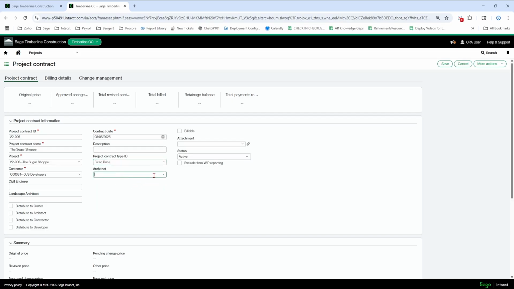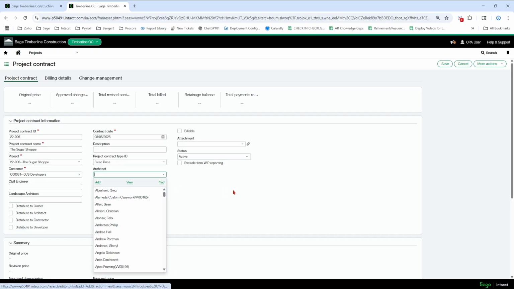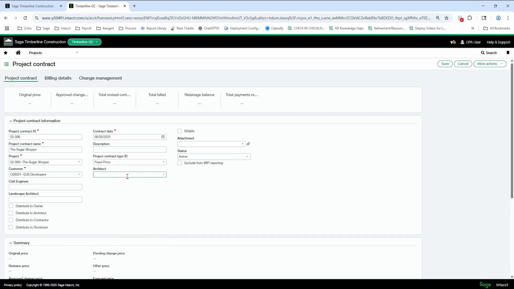Architect can be used. It's the contacts you have in the system. You can add one on the fly if you want. If you want that on the AIA form, for example, or your other billing form, you're going to click billable, status active, and that's the header, generally speaking. You can drag and drop a signed contract onto here if you have one and want to. Drag and drop the PDF in this white space, and it'll attach it for you.